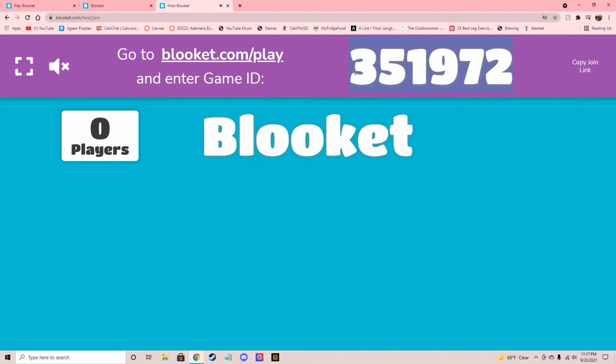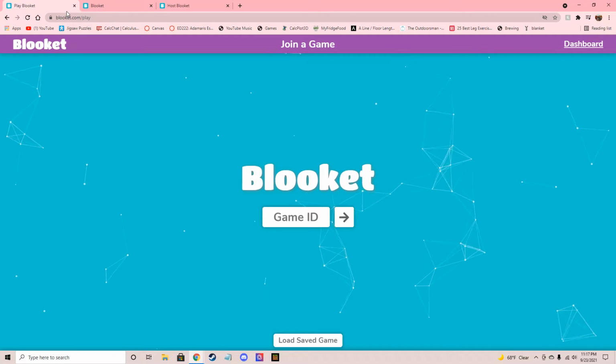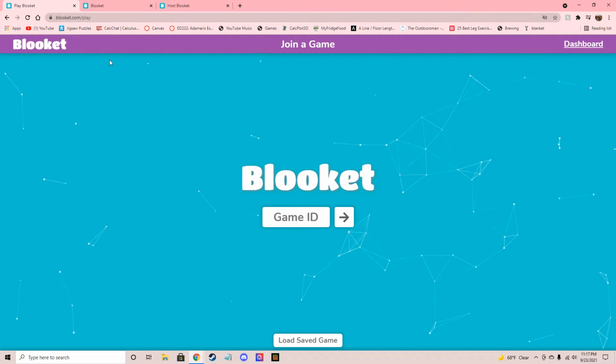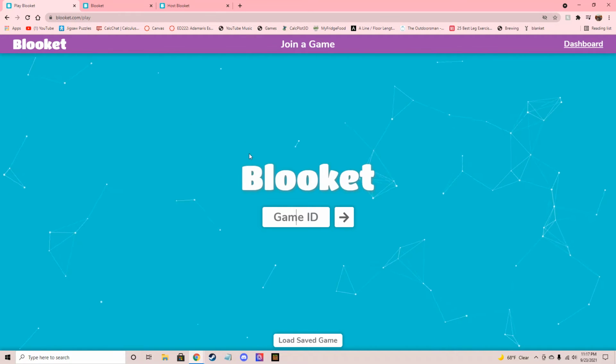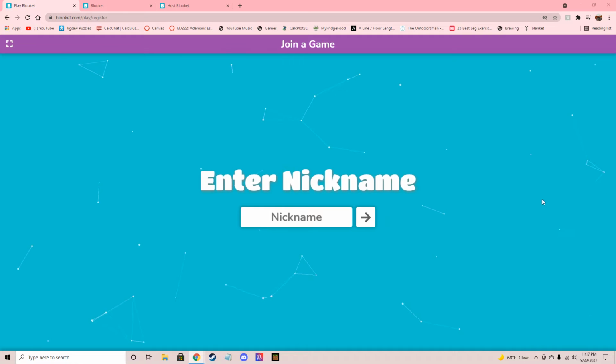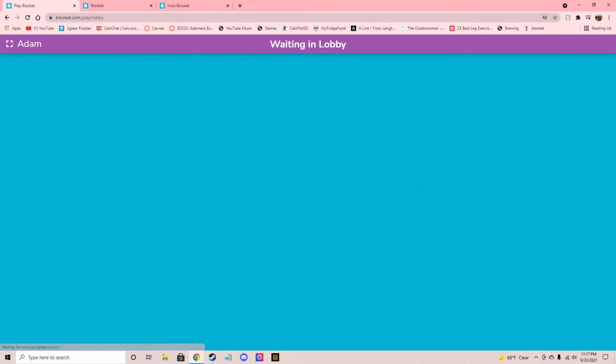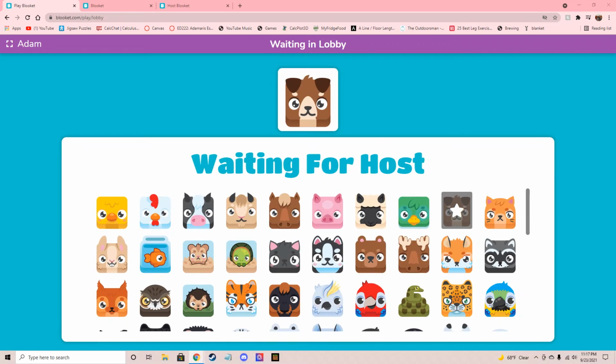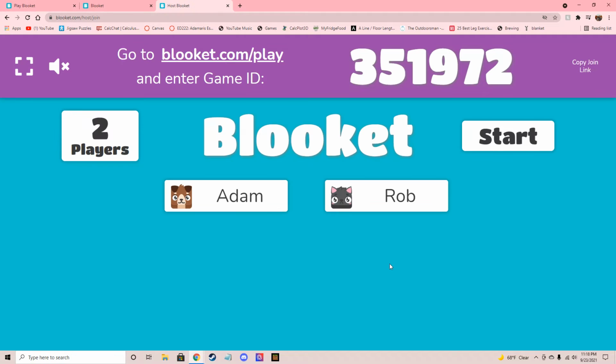Here we will have a game ID, and we're going to have the students enter this in on their screens. So the students will go to blooket.com/play, and here they'll enter the game ID, and afterwards they can choose a name. And they can choose a character that they would like,